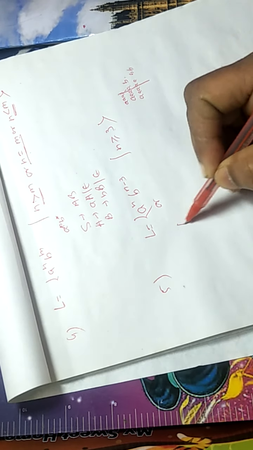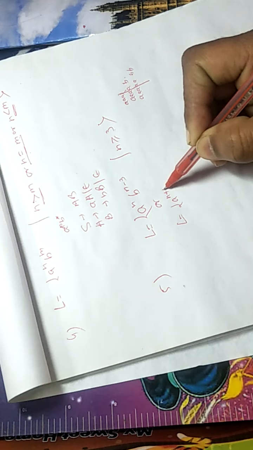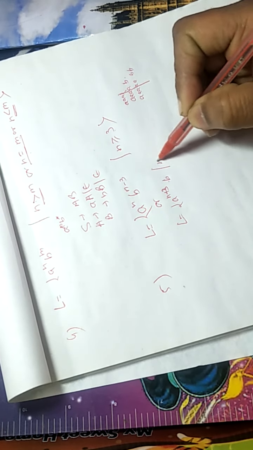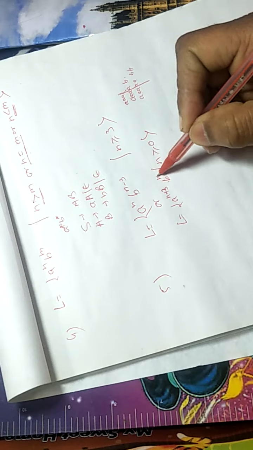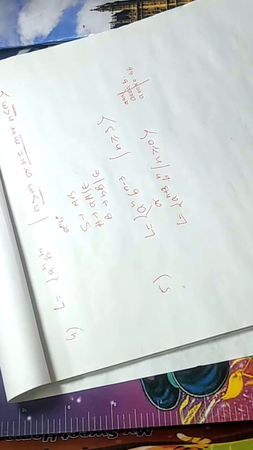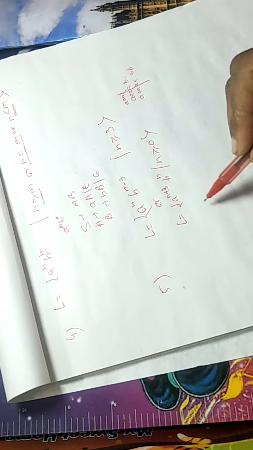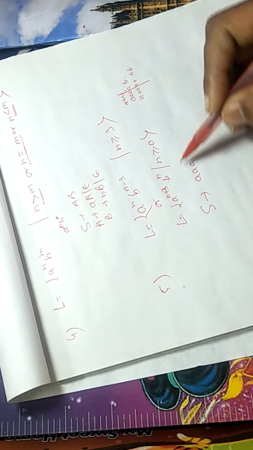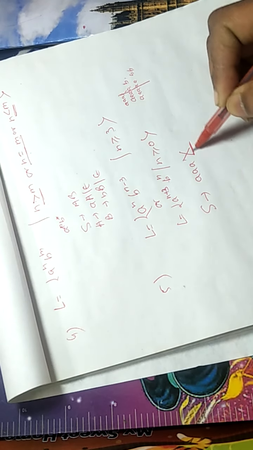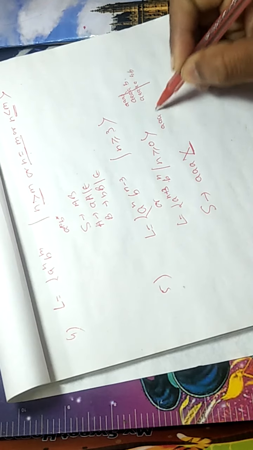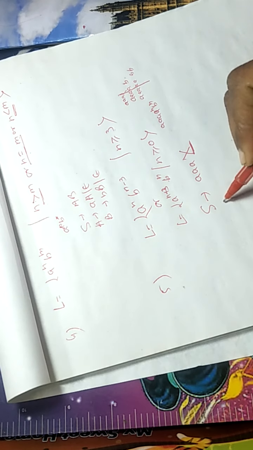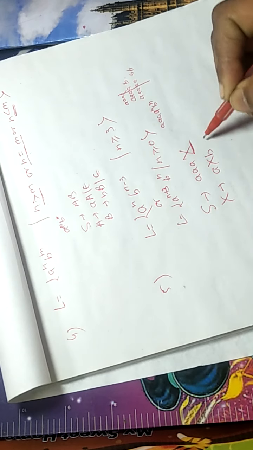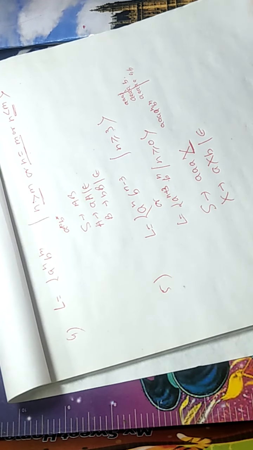So this language can be written as a^(n+3) b^n, where n is greater than or equal to 0. So grammar will be S tends to 3 a's followed by an equal number of a and b. It is like 3a followed by X, and X is an equal number of a and b, that is a^n b^n.